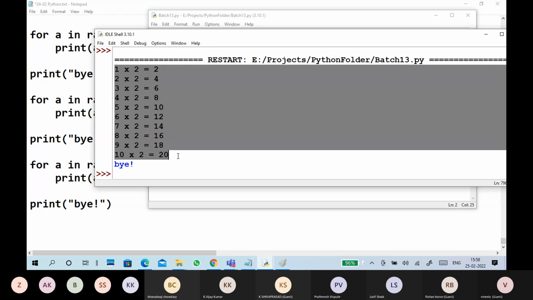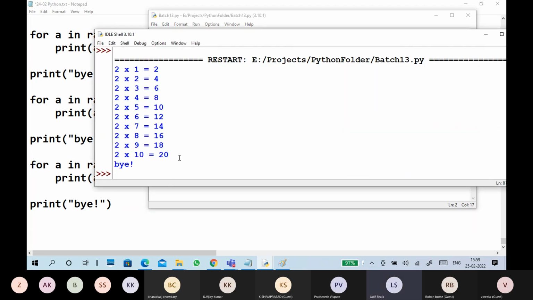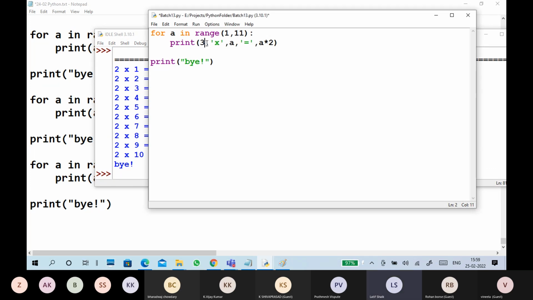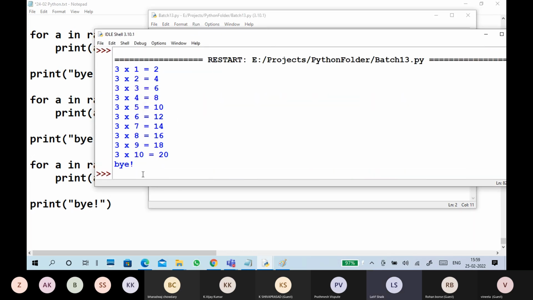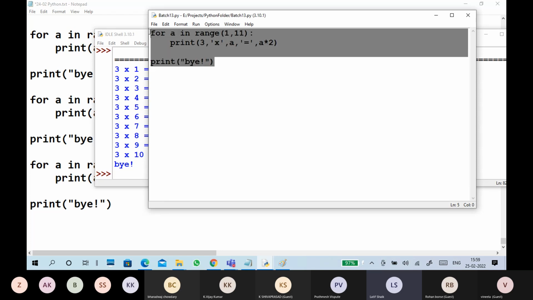See the table. So 1 into 2, 2 into 3, like this. If you want a reverse, you can put it like this, 2 A. Sorry, A. Second table. You want any table, you can put it. The third table. So if you forget your tables, write a Python code, generate the table and save the table also.